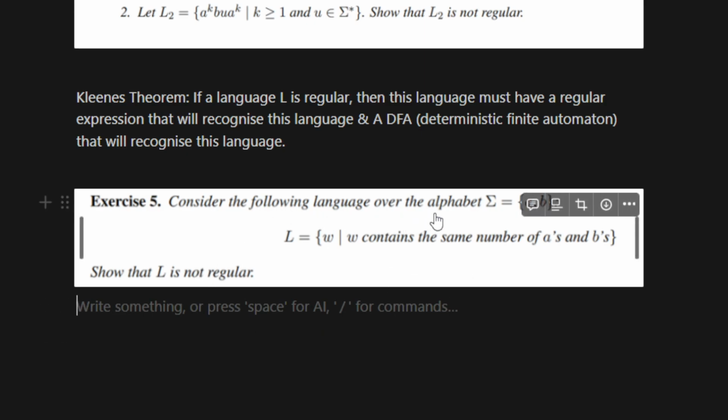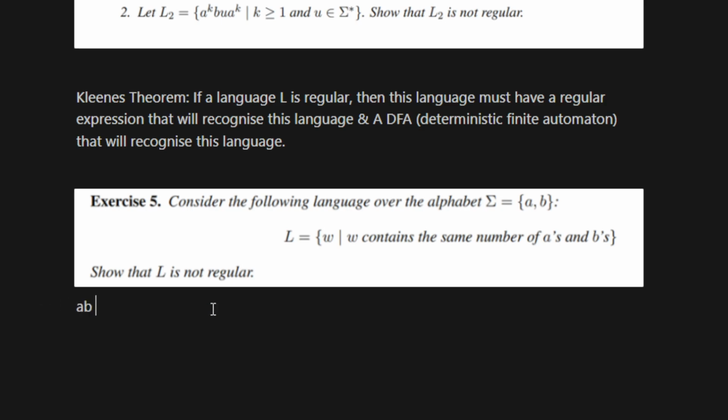Consider the following language over the alphabet {A, B}, such that we have L, which is the set of words W, where W contains the same number of A's and B's. So essentially, we'll have a language where every word will have the same number of A's and B's. So this can be AB, this can also be AABB, or even BABA. For example, it doesn't matter what it looks like as long as it has the same amount of